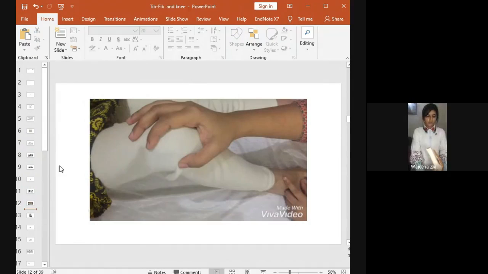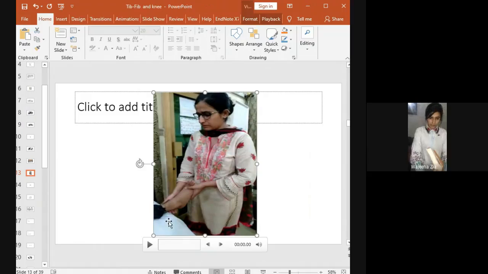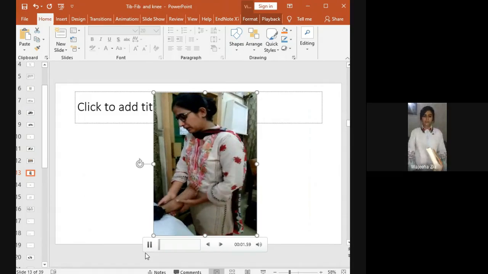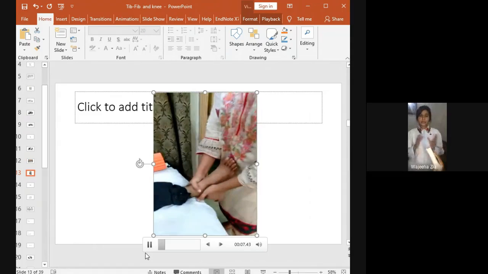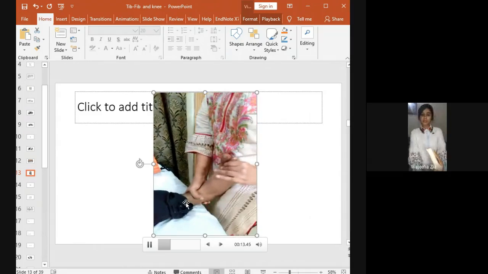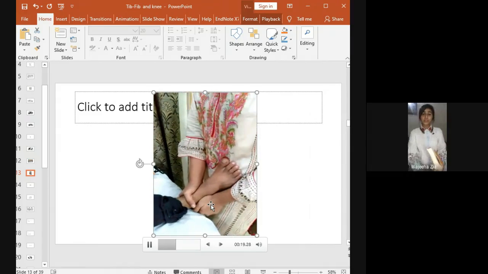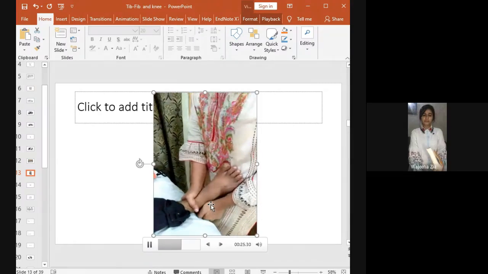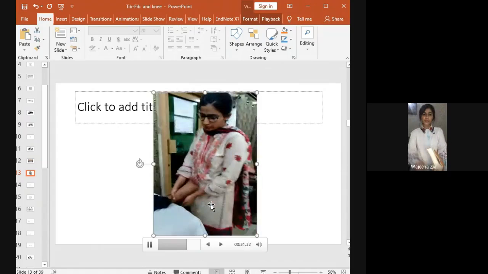Here's one more video. In this, we can see both the anterior and posterior glide at the inferior tibiofibular joint. Keep the foot in the 10 degree of plantar flexion. 10 degree plantar flexion will allow the maximum joint play. So simply hold the medial malleolus, and you can see that I'm holding the medial malleolus with my one hand, and with the other hand applying the posterior superior glide for improvement in the inversion at the inferior tibiofibular joint. This is the posterior glide, but you can combine the posterior and superior together.